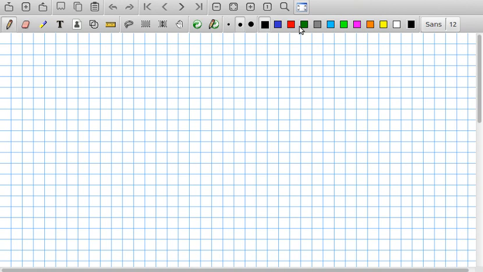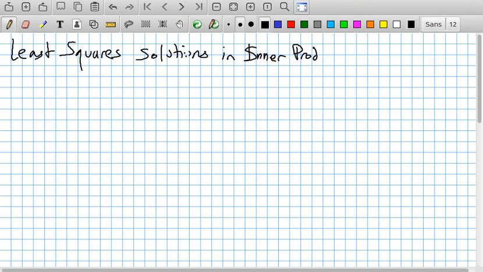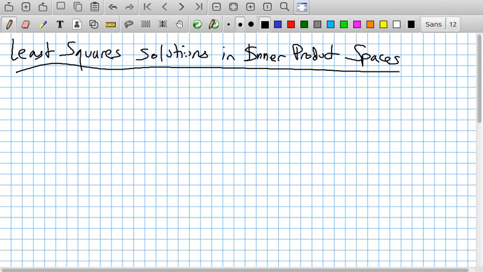So this lecture is about least squares solutions in inner product spaces. So let's see here. What do we mean by least squares solution in an inner product space? Well, first of all, what do we even mean? Well, let's see here. So the goal